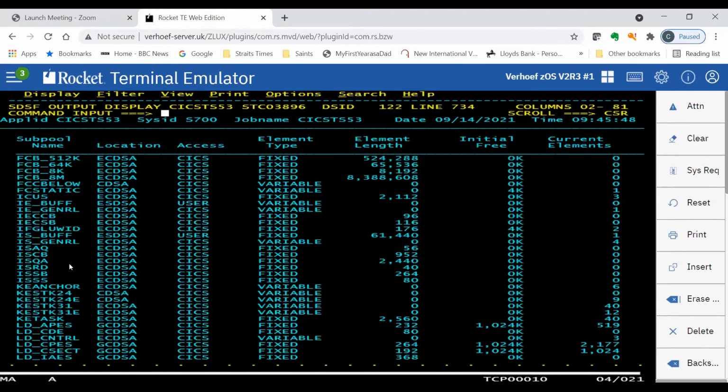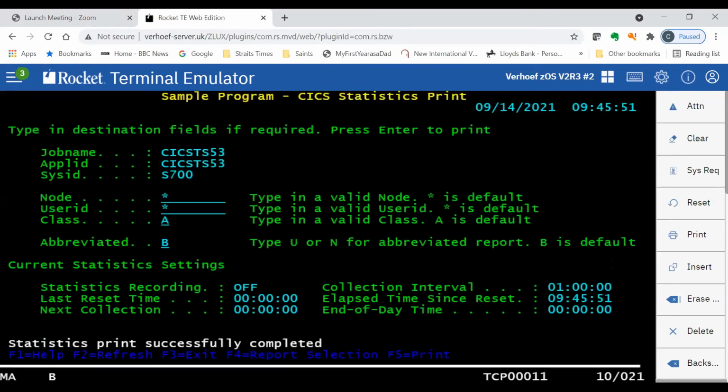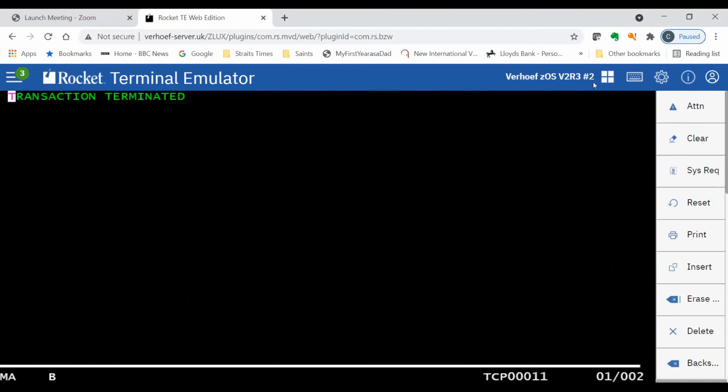In order to get that information, you either change the program, and if you go to the SDFHSAMP data set, it's got the CICS stat program there, DFH0STAT, and there you can modify it to put in your own EXEC CICS COLLECT, which is the way it collects the statistics. So you can modify it there. If you don't want to do that, then you go back to the CICS environment here, clear the screen, and you may want to then send your own statistics to SMF.